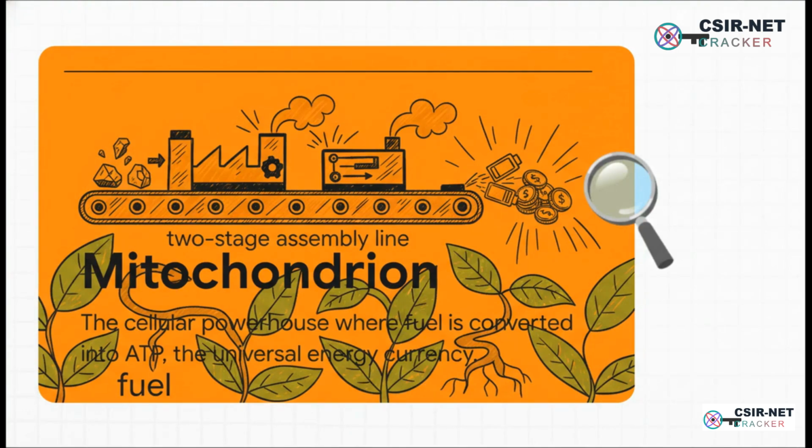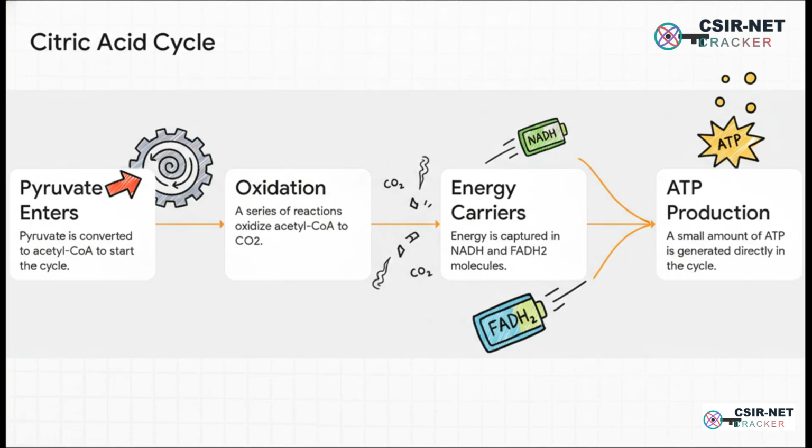You can think of it like a microscopic factory, and it's got this really efficient two-stage assembly line. Its one and only job is to take in fuel and just crank out something called ATP. And ATP, well, that's the universal energy currency for pretty much all life. So stage one of this assembly line is called the citric acid cycle. It's kind of like a disassembly line, really. A fuel molecule called pyruvate comes in, it gets systematically broken down, and all that good energy gets loaded onto